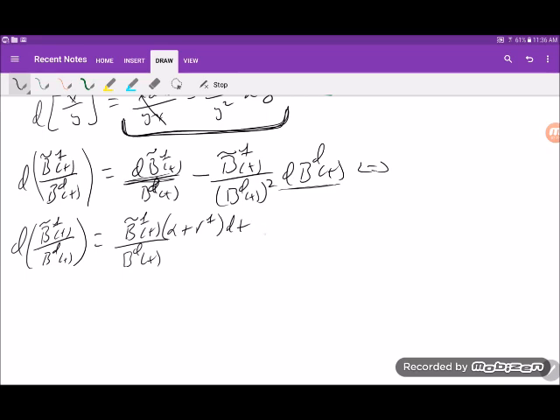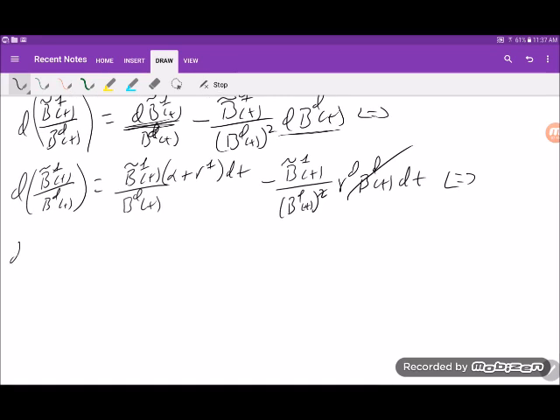And then you would have minus B tilde F over BD squared, and then times RD BD t dt. So that cancels with one of those. So this is the same as